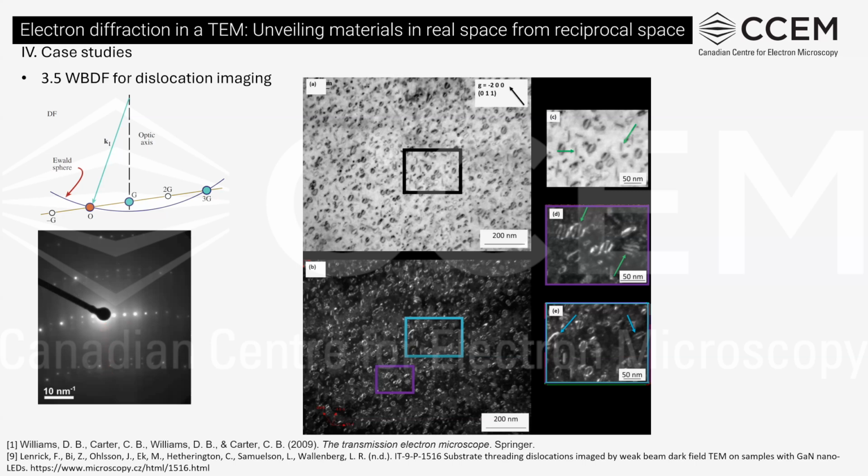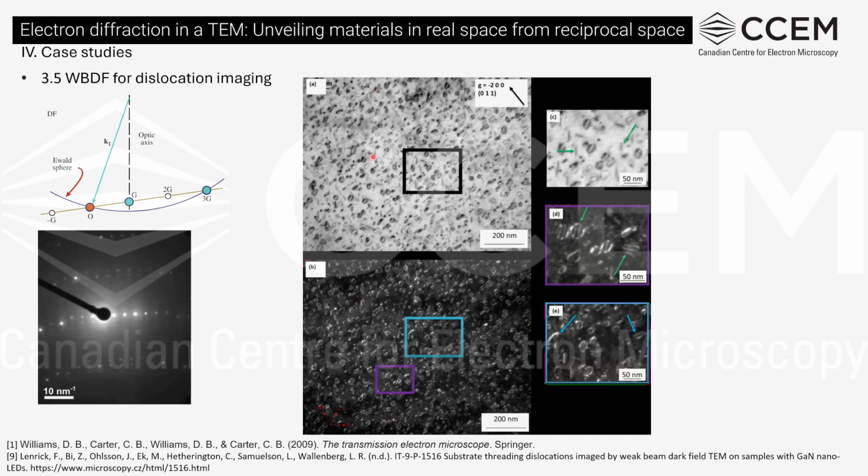We have a weak beam dark field image here. It was from a stainless steel, which was placed in a nuclear reactor. So neutrons have been constantly irradiating the stainless steel. The neutrons can knock atoms in the stainless steel away, ending up in dislocations in the form of Frank loops.